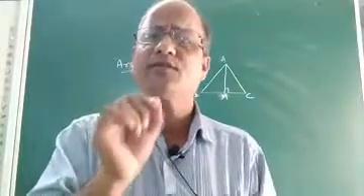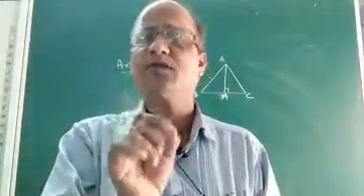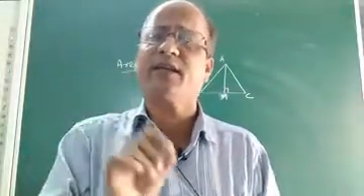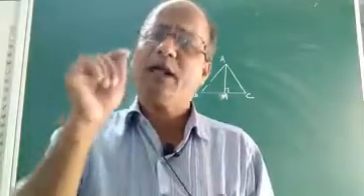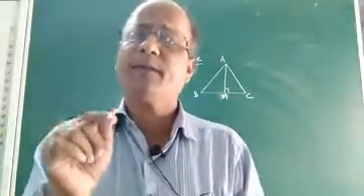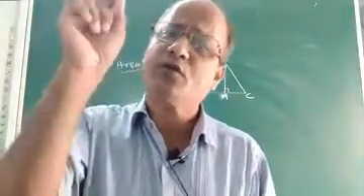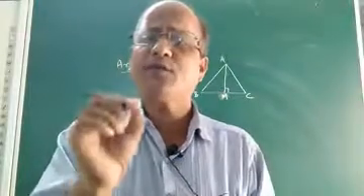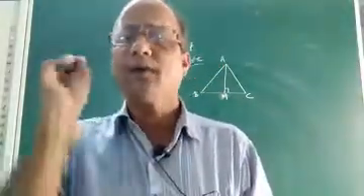Suppose in a triangle you are given one of the sides as the base. As there are three sides in a triangle, we can take any side of the triangle as the base, and to that base if we draw a perpendicular from the opposite vertex, that will become the corresponding altitude to the base. Suppose you are given the base of a triangle and its altitude, how to calculate its area?